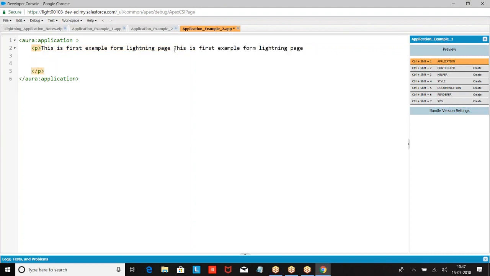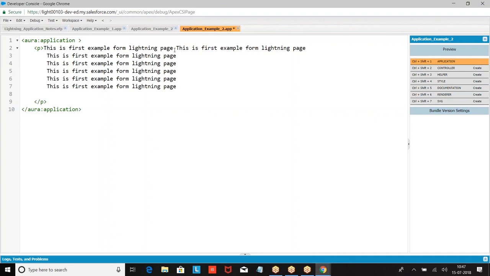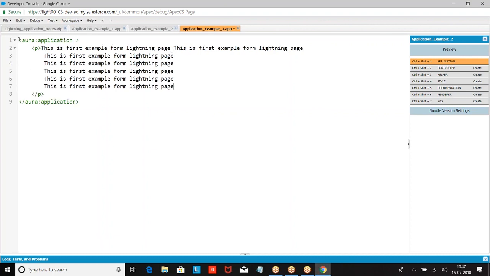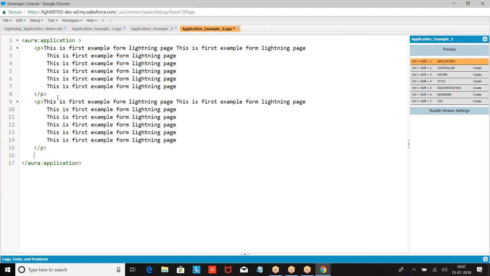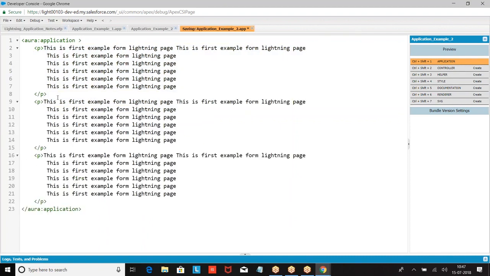Just understand a few basic HTML components in the application because we frequently keep using them. Paragraph. So go for a preview.